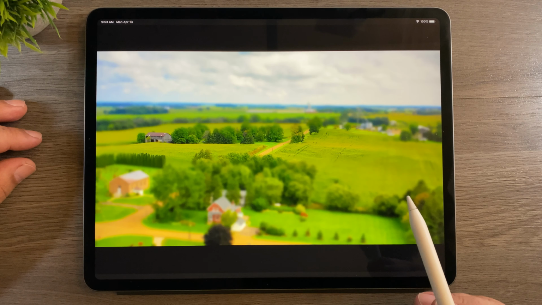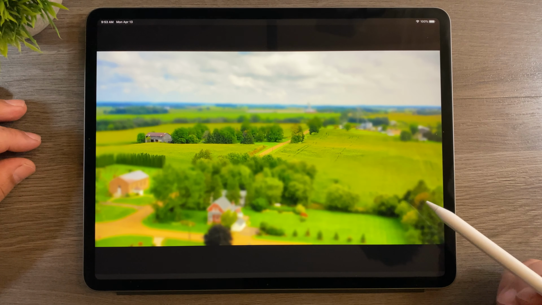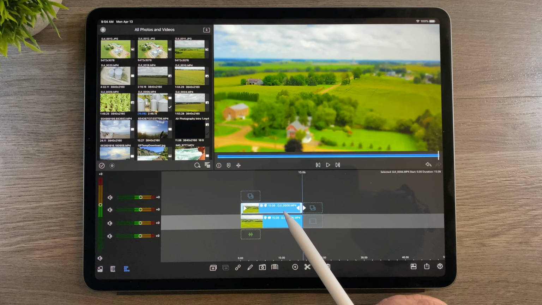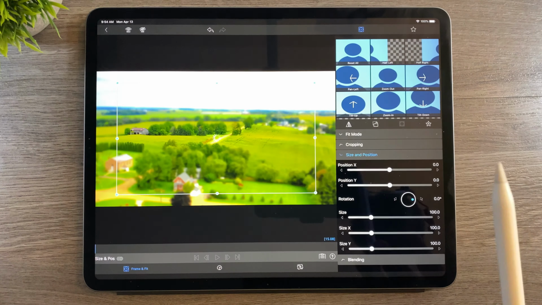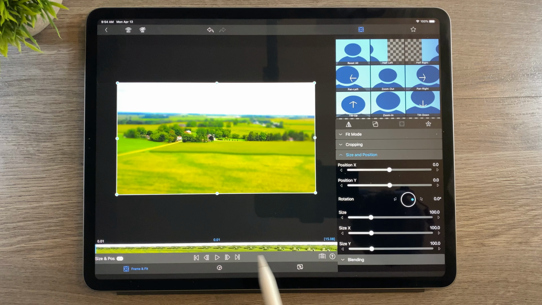So what we're going to have to do is add some keyframes to move that focus box that we made down as the drone is flying. It's actually pretty simple to do. We'll get out of the preview, and we're going to double tap the top clip again. That's the one where we set our focus parameters, and we'll go back to the beginning of the clip. So this is important. Make sure you're at the beginning of the clip here, because we're going to add a